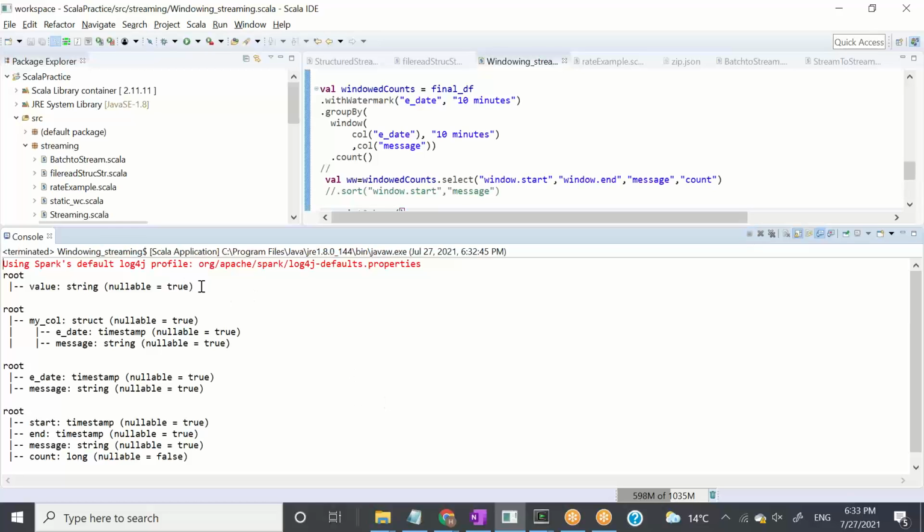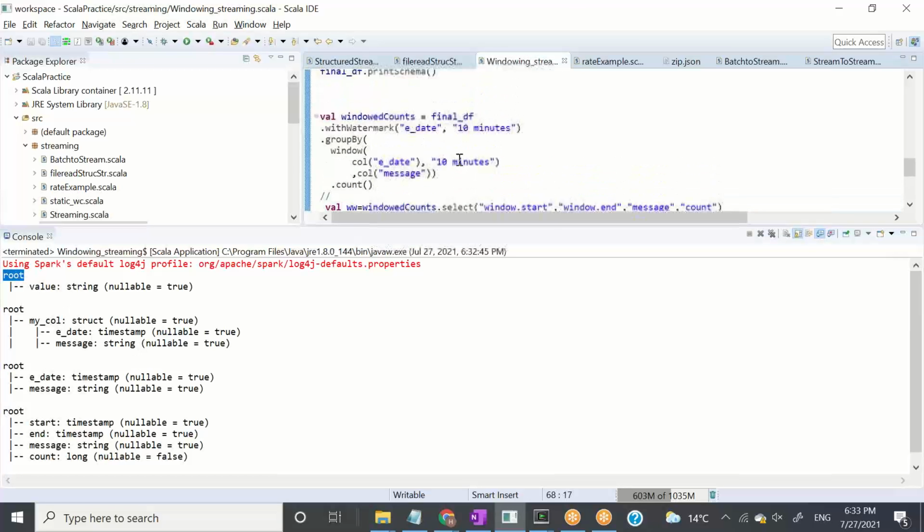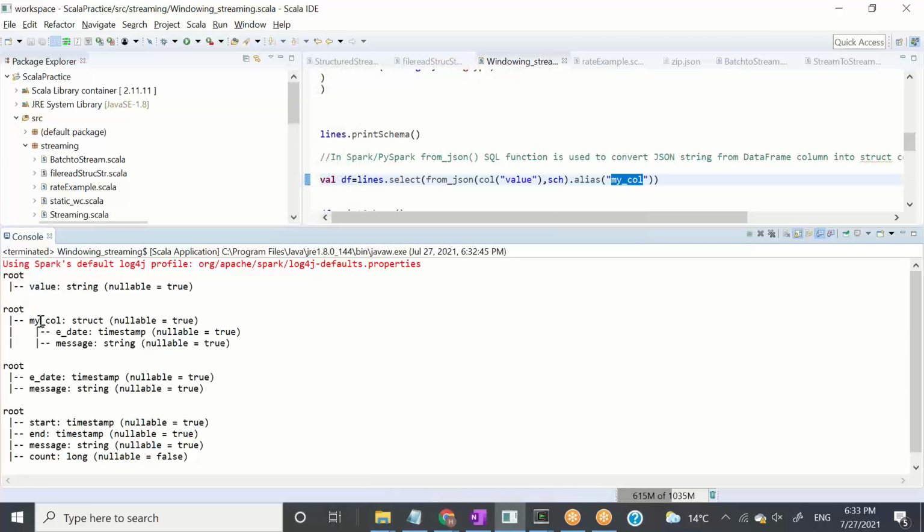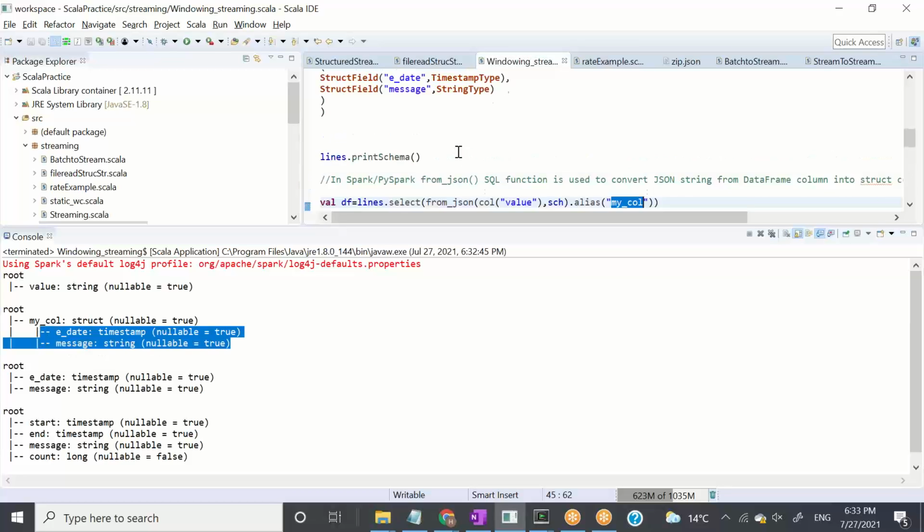So what I did, this is the schema by default, which is given to us by Spark Structured Streaming. It has only one column, and let's consider the table name as root. Simple. It is not a table name, but let's consider it. Now what we did, we assigned one schema. Schema is SCH, and we name that column my column. Okay. So inside root, we now have my column, and inside that I have two new columns